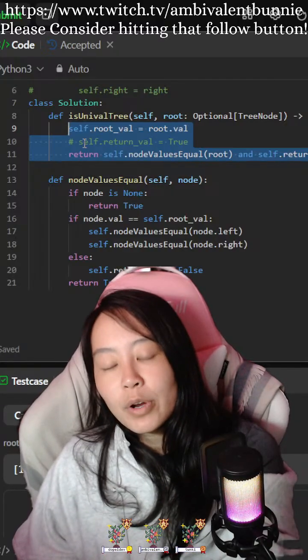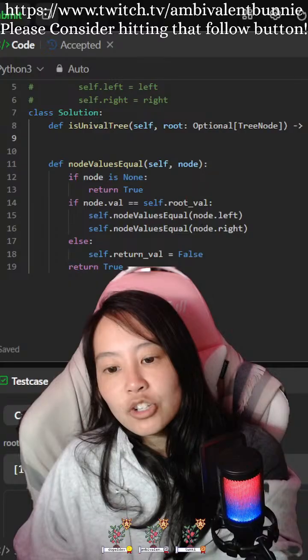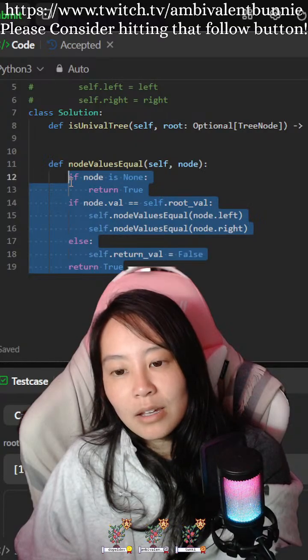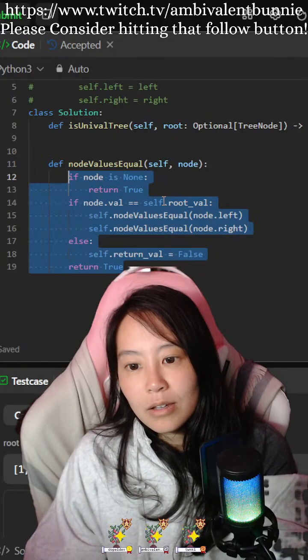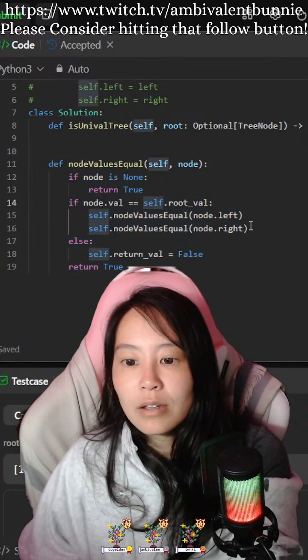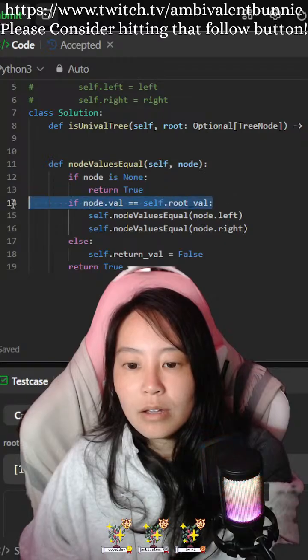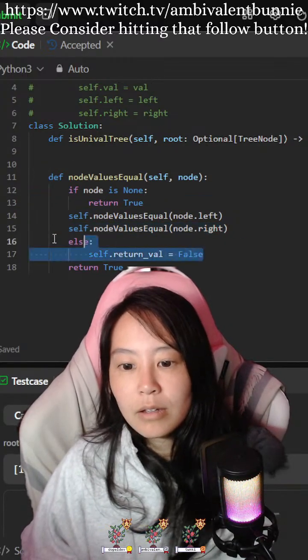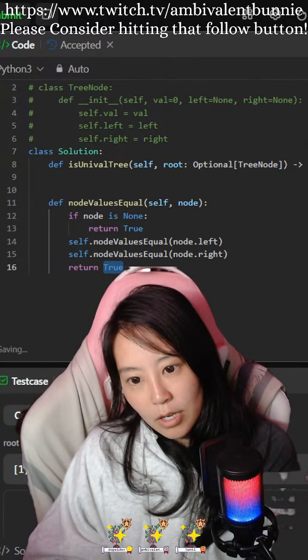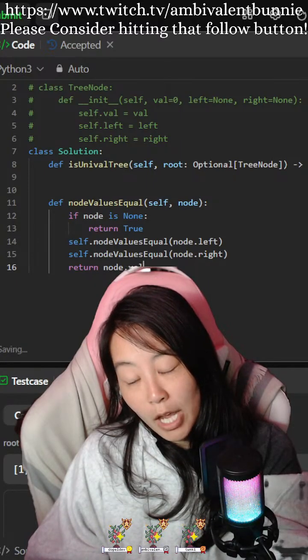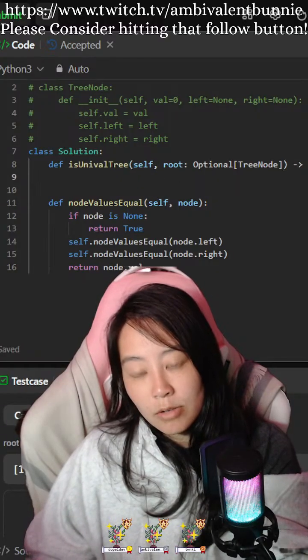Okay, so we're going to try and have this be... So we're gonna return node val, right? So then what we're gonna do is if...